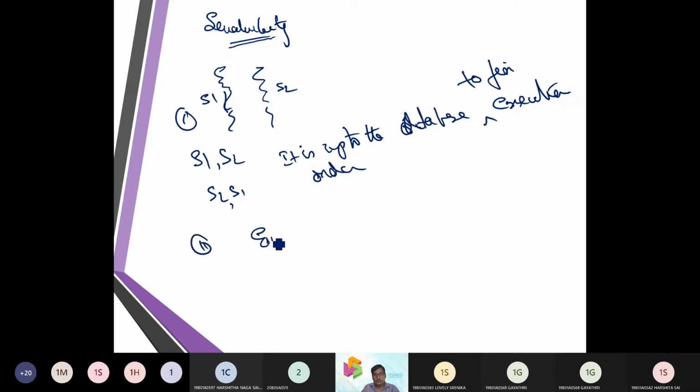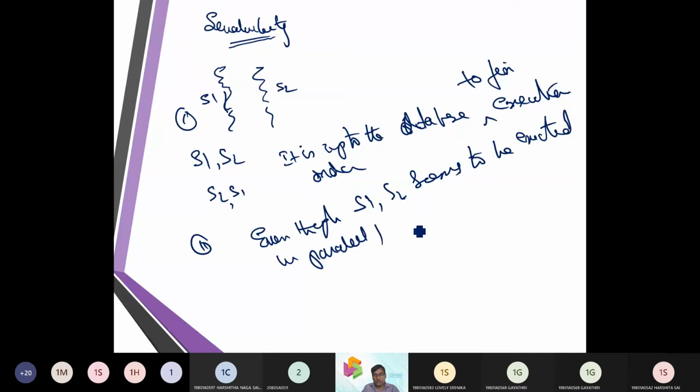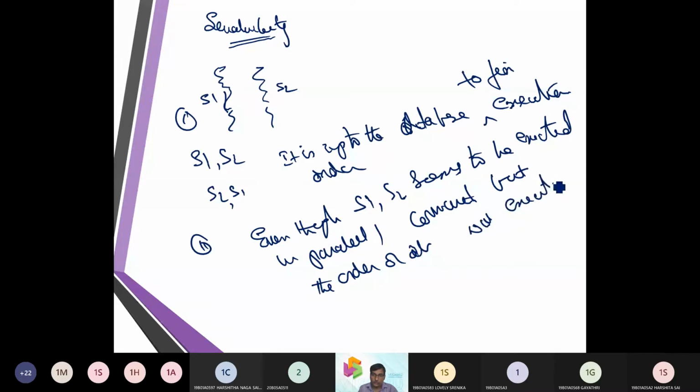Second point is, even though S1 and S2 seem to be executed in parallel or concurrently, the database will execute one transaction at a time.